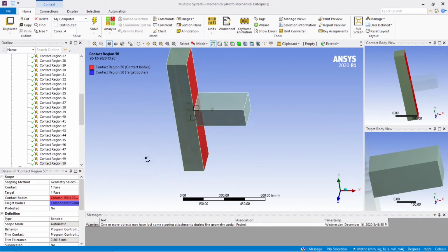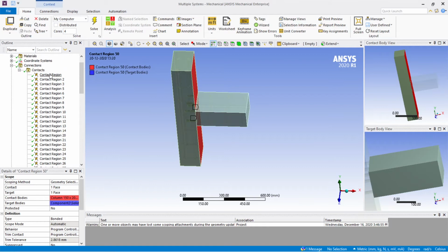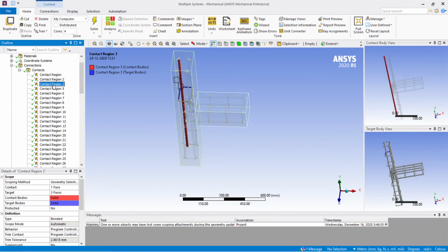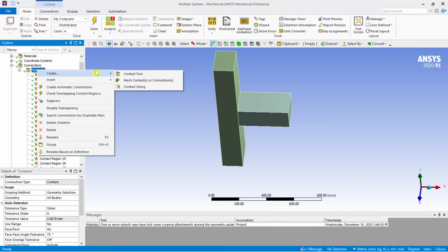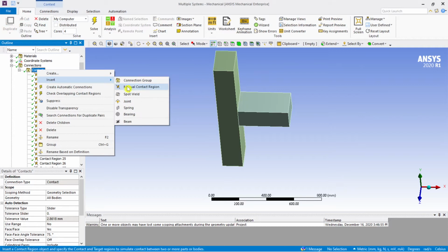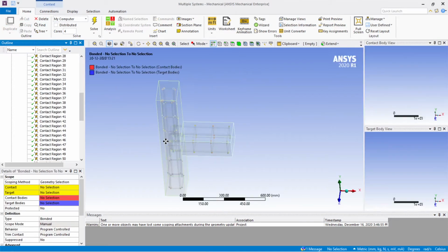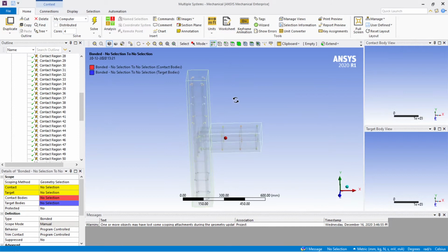Okay, it is bonded, but the reinforcements, just see my reinforcements here. So what I'm going to do, I'm going to insert a manual contact region. Okay, so now you have to select. We should be very careful while selecting the contact body and the target body. That is very important here. These are all the contact bodies. What I'm going to do is select